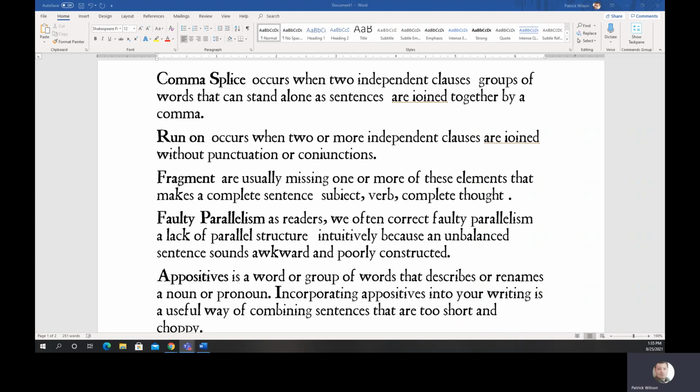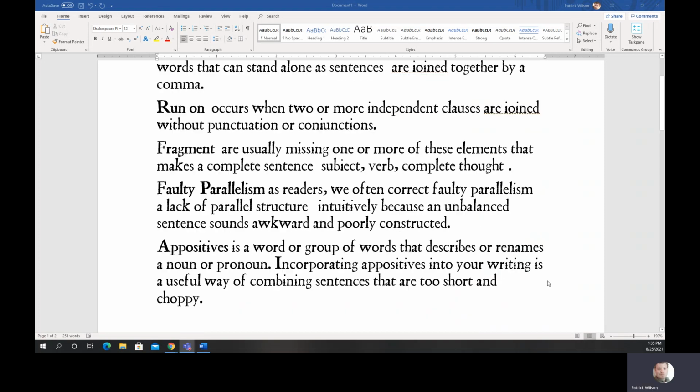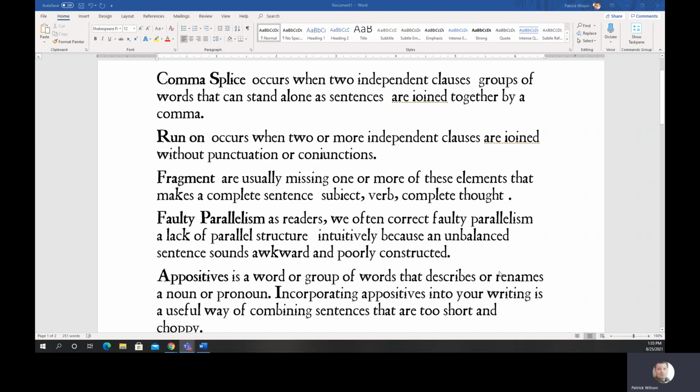So if you find another decent website that deals with comma splices, run-ons, fragments, faulty parallelism, and appositives, you're more than welcome to use those as your study guides. But the exercises in your textbook will be beneficial because they will be the study guide that I will be using as we move forward. So with that in mind, you should be able to see on your screen, I hope, these terms and their